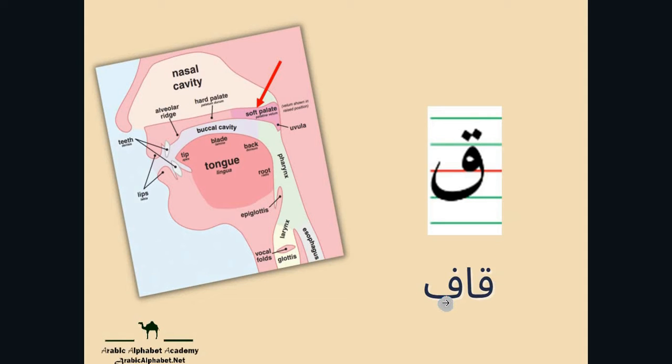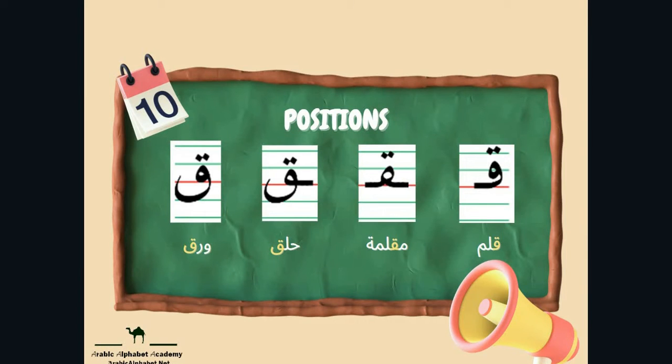As for how it is pronounced, its pronunciation comes from the soft palate, where the root of the tongue touches the palate towards the throat. Qaf, Qaf. Sorry. And as we know, in standard Arabic, each letter has different forms according to their position